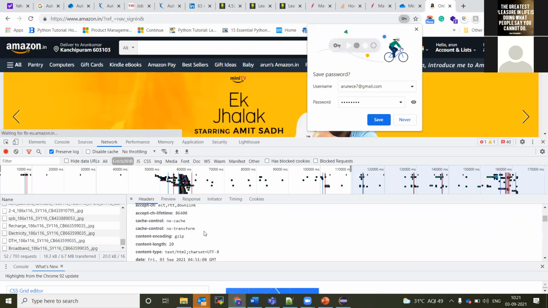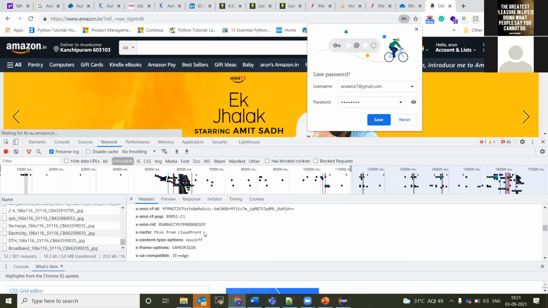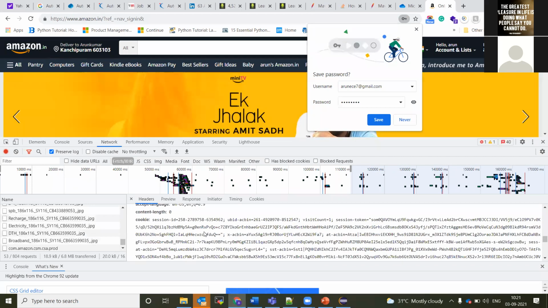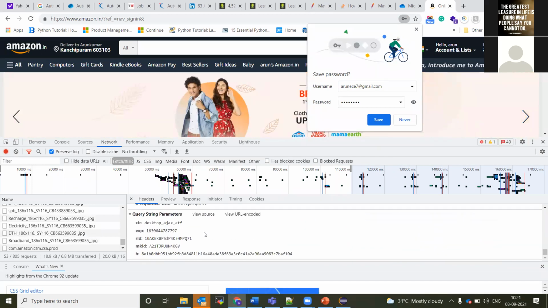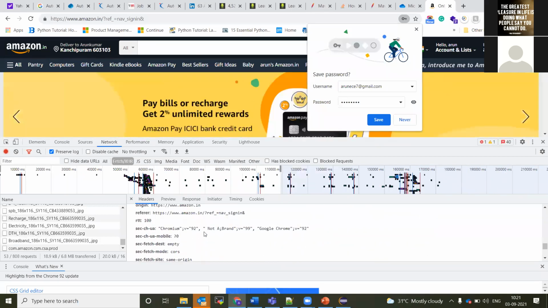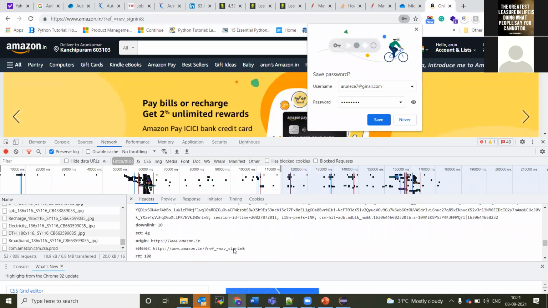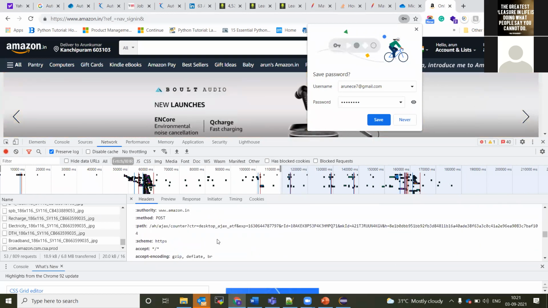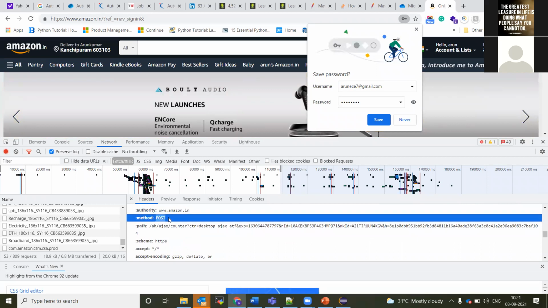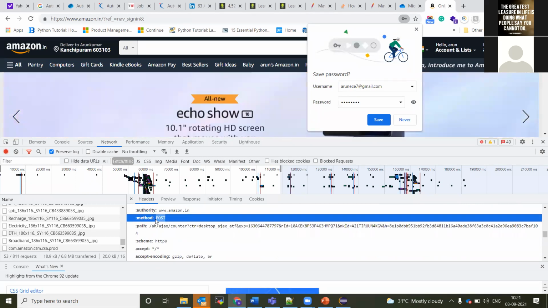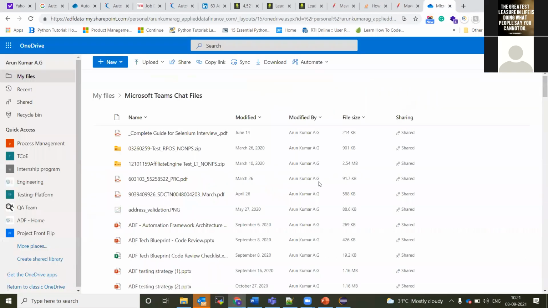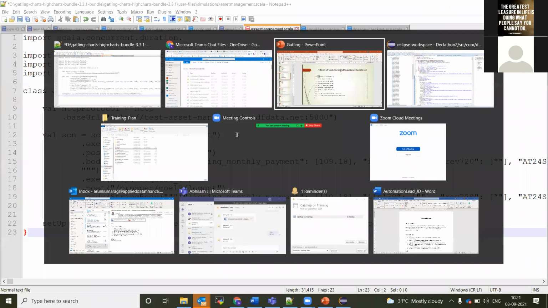It's a post method. It should send my username and password here. But since it should be hidden, it will not be shown here. Whatever the sign in endpoint is, it's a post endpoint. Whatever data we are posting to a particular website will all be a post method. And if you want to read it, it is just a get method. So that's about get and post.